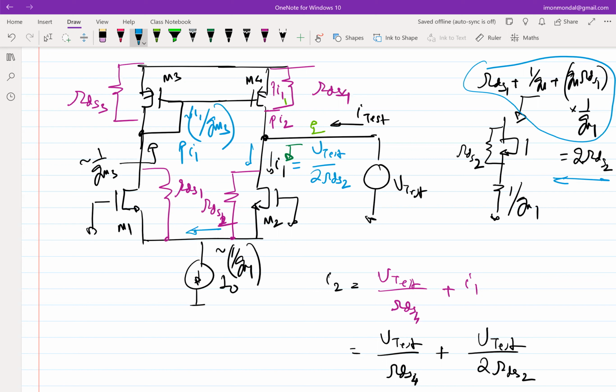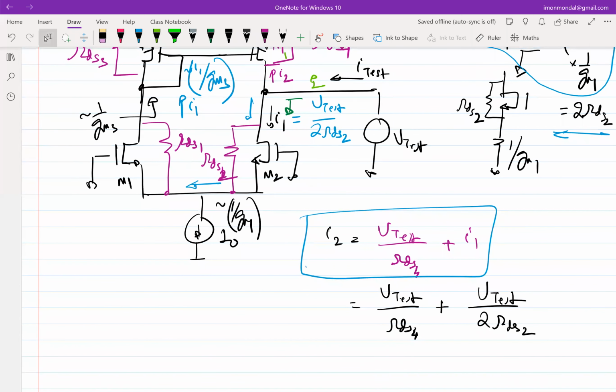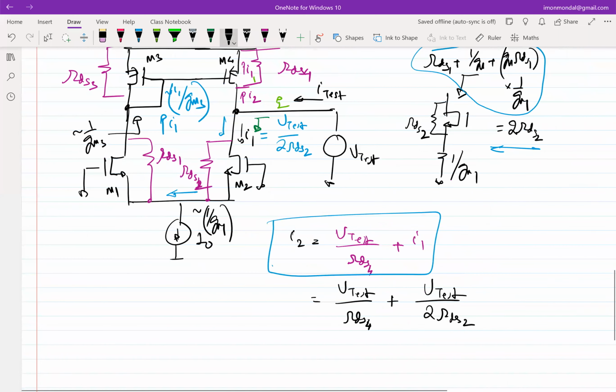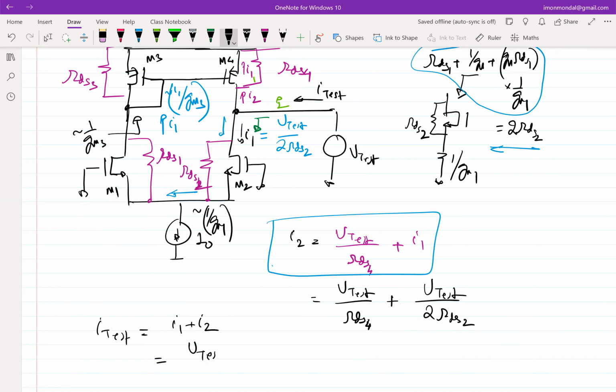Okay, fine. If that is the case, what is the total I2? Total I2 is I1 plus V test by RDS4, right? V test by RDS4 is the obvious one that will always come. So your total I2 becomes V test by RDS4 plus V test by 2 RDS2. So what is I test now? I test is I1 plus I2. Correct? I test is I1 plus I2, which means I1 was V test by 2 RDS2 and I2 is V test by